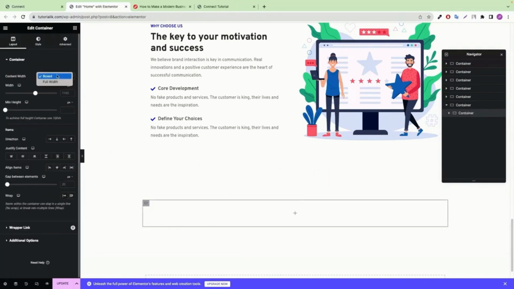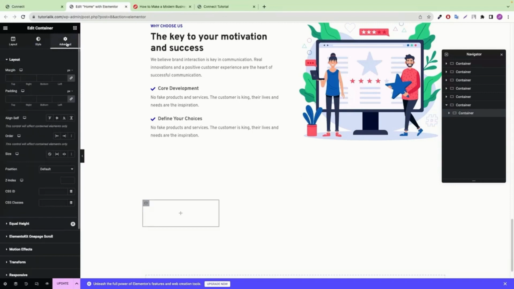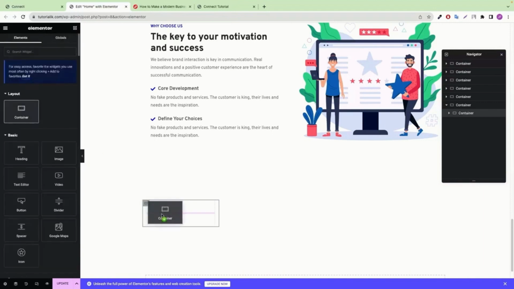container, and let's make it full width and change it to, let's say, 25%. And on this container, let's go here with advanced, and let's unlink this padding. And for this, I like to go with, let's say, this right will be 15 pixel and the left will be 15 pixel. All right, so now again just go back, and let's again drag and drop here a